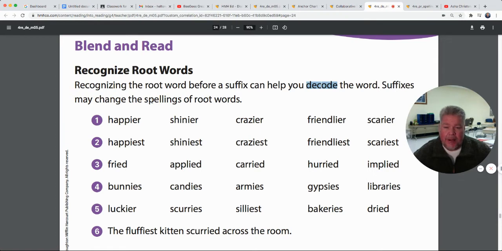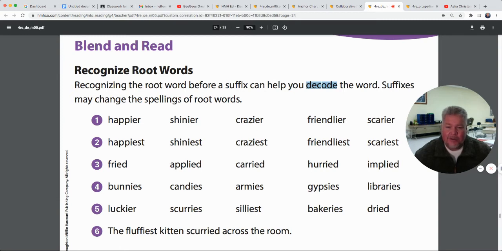We're going to see in our spelling list in just a minute. We have to drop a Y sometimes before we add the suffix at the end of the word. And it looks like most of these, if not all of these, ended with a Y, and we had to change it. So happier, the root word would have been happy, ended with a Y, had to change the Y to I and add ER. Shinier would have been the root word of shiny.